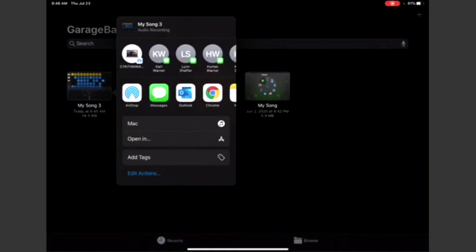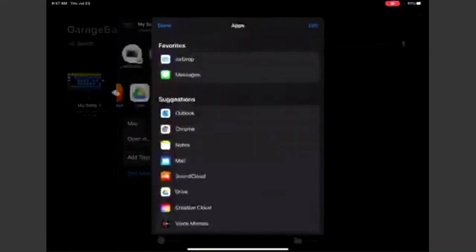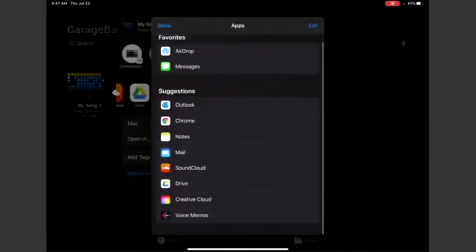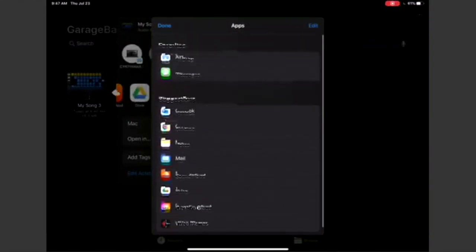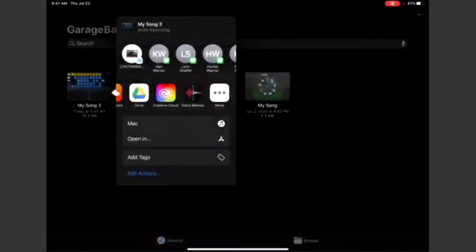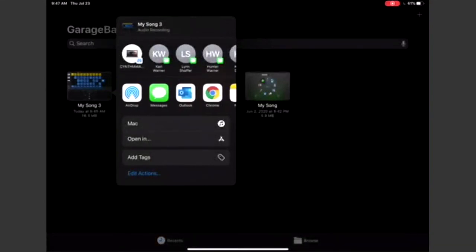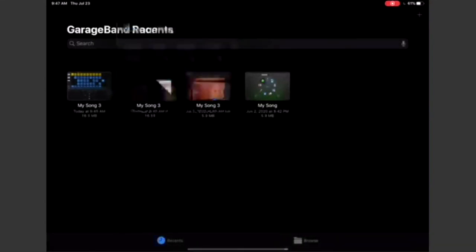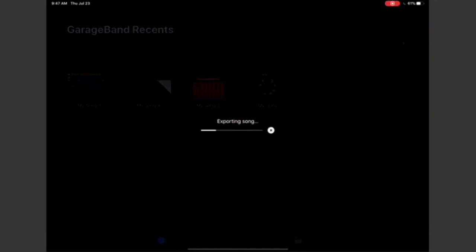You can share it by saving it in your files, but I really think it's cool that you can actually share it to an iMovie. And once you do that, it will ask you if you want to put it in an existing or a new movie project. And this is how you can lay in a song into your iMovie.